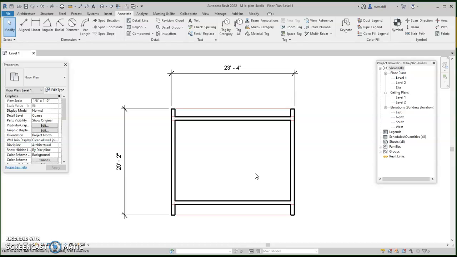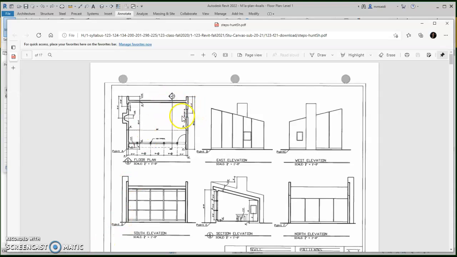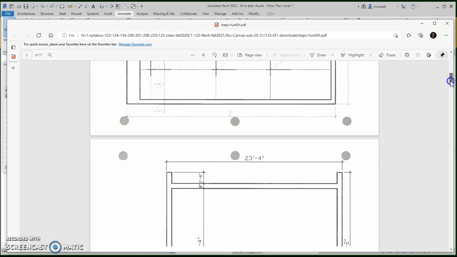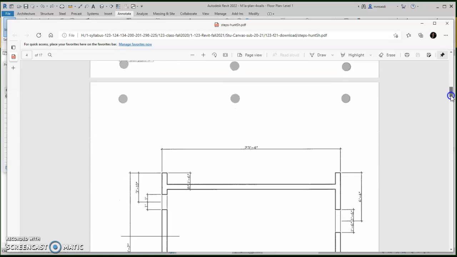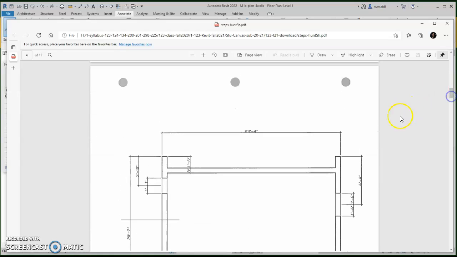Now what we'd like to do is add the punched windows. So let's take a look at what the punch windows look like. What is a punch window? It's an opening within a solid wall. As we reviewed in manual drafting, after we're done with the four walls, we approach the construction of the